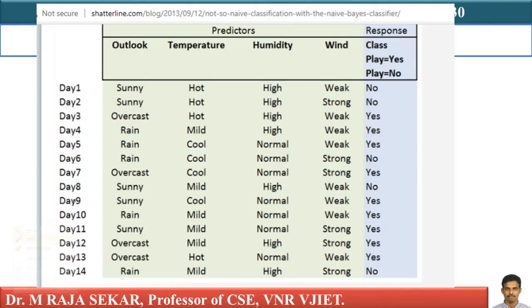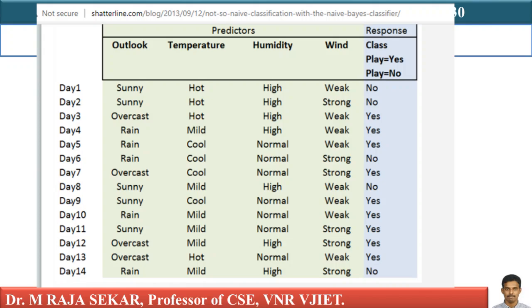I collected this from a website, I can say a blog. Just see what is that blog name? shorterline.com/blog. I am recording this particular lecture from this particular blog. This is a very good blog. He explained this particular naive-Bayes classification algorithm very well. It's a very nice explanation. Anybody can understand this explanation. Here it is